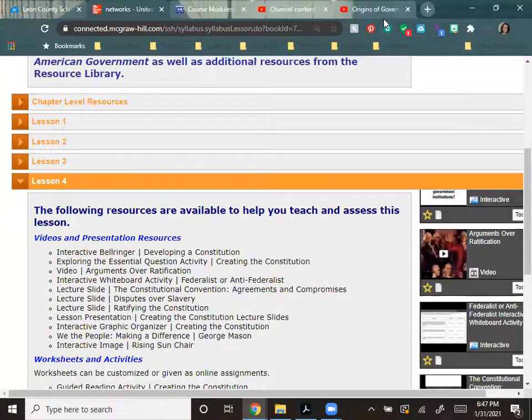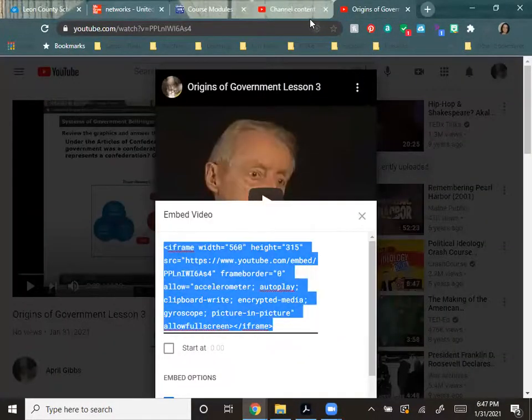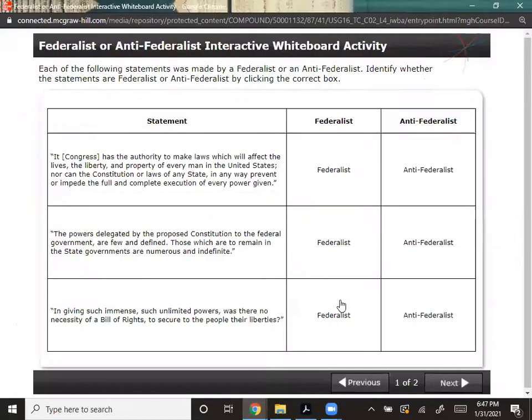All right, so now let's look at, oops, did I not pull it? There it is. Different statements by Federalists and Anti-Federalists. So we're going to determine who said it. Each of the following statements was made by a Federalist or an Anti-Federalist. We're going to identify whether the statements are Federalist or Anti-Federalist. So remember, the Federalists were pro-national government and anti-Bill of Rights, and the Anti-Federalists were against a strong national government